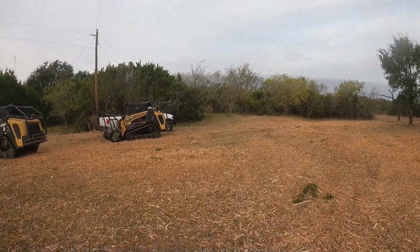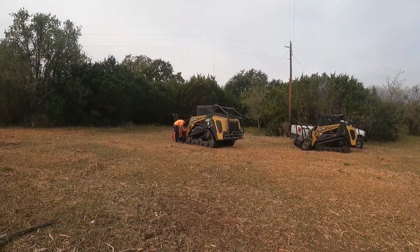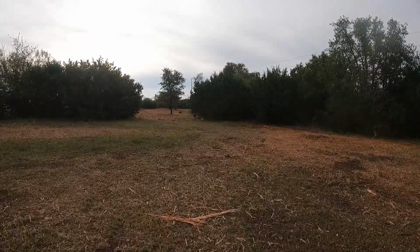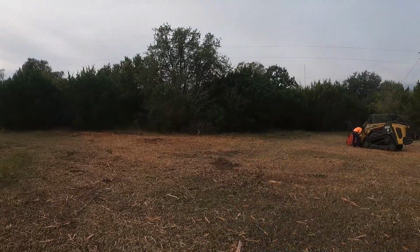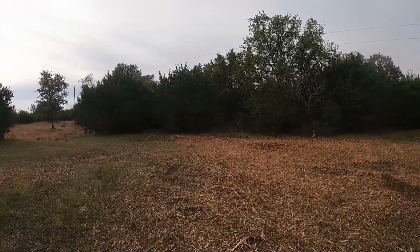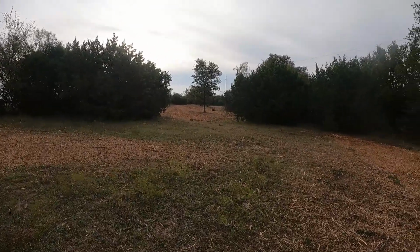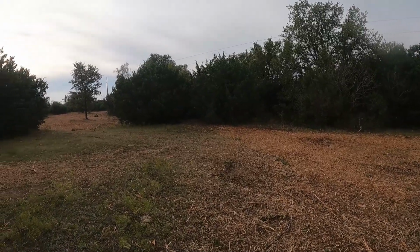We got Jay and Dane's crew here. We have ASV number 2 and number 3, and it's what a lot of this. I mean, it's thick, as you can see. So we're taking out every cedar, every big mesquite, anything small, 3-4 inch diameter, and leaving all the big oaks. So it was thick. So we have this area cleared, and the area that's behind this is cleared, and